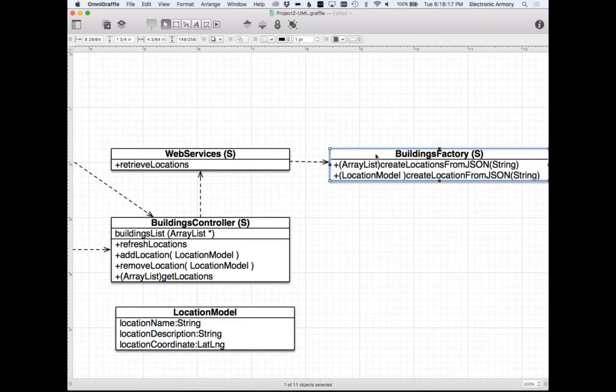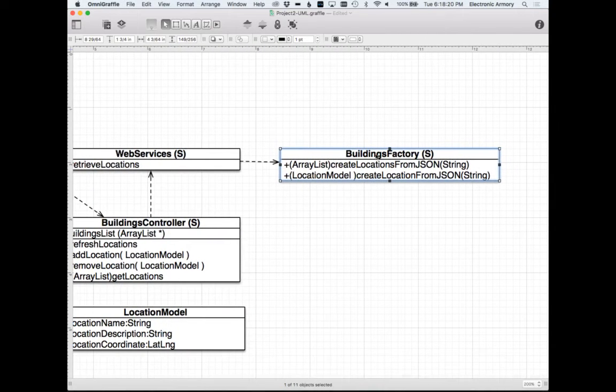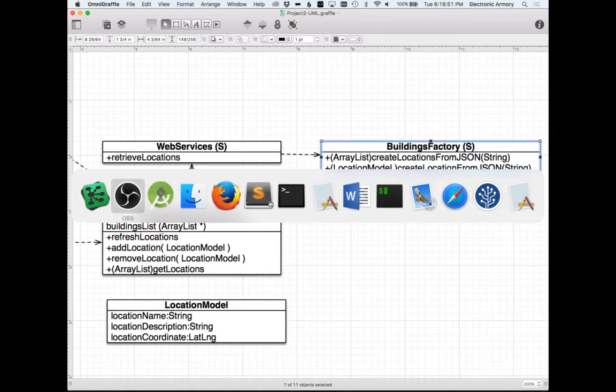And then we have a buildings factory. That buildings factory is going to accept JSON objects. They're actually strings, so you pass those in as strings and it's going to return you an array list. Or we can create a single object from JSON, which returns a single location model. So I'm making an API that's a little bit more flexible. Theoretically, you could just have one API that handles them all, but again, I like to be a little bit more flexible. Okay, so that's what we have in our UML